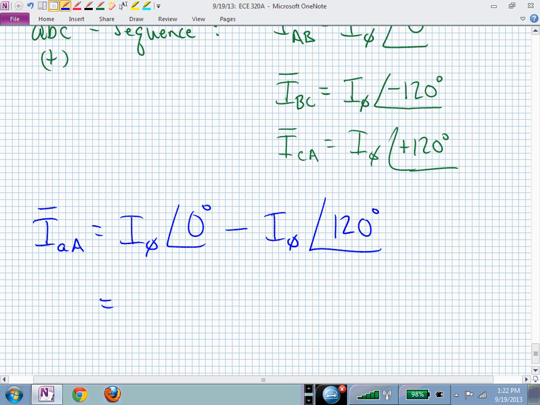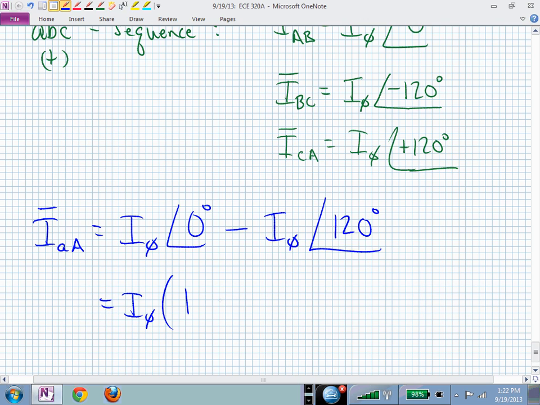Now we have 120 degrees positive. Our sine piece is positive, our cosine piece is negative, but we're subtracting those. And so what do we end up with? We have the same kind of numbers floating around for our magnitudes. If we did this, we could say factor out the I sub phi, and I now have